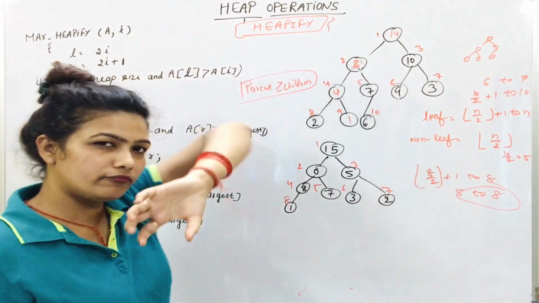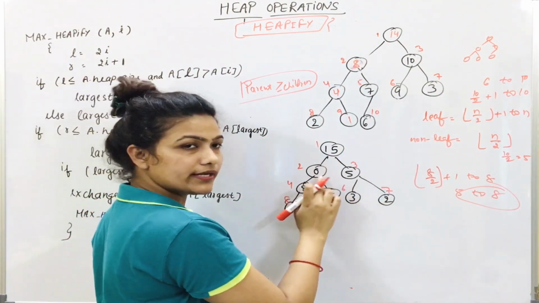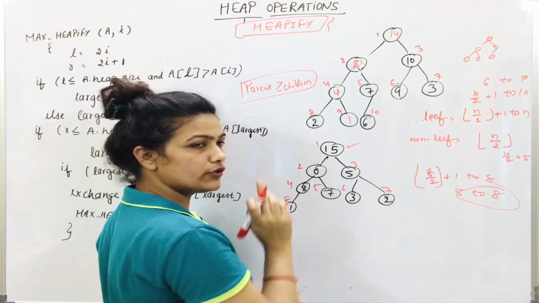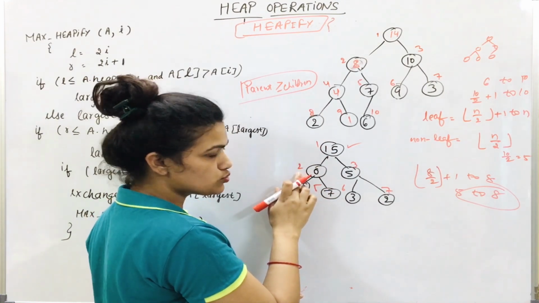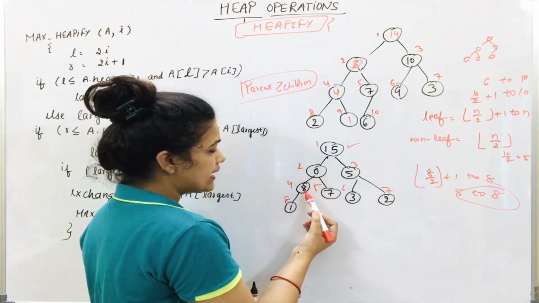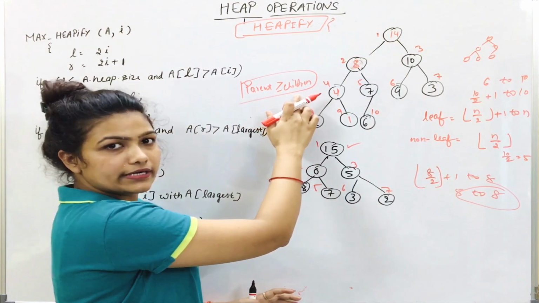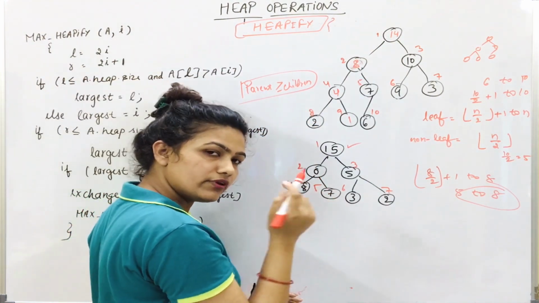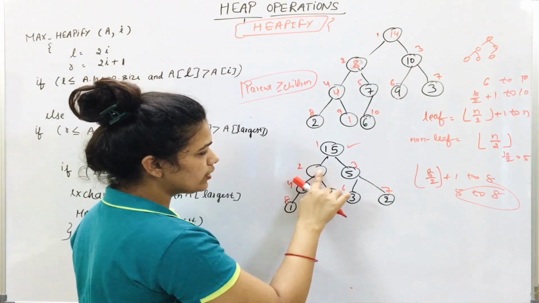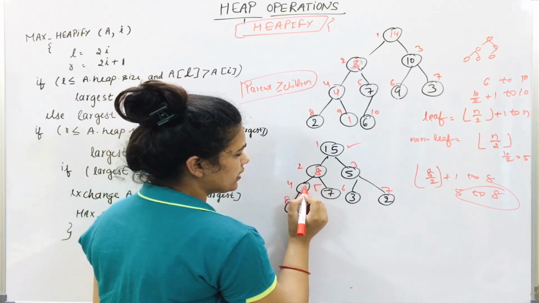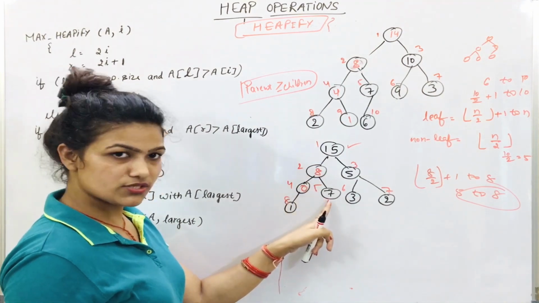And we are doing max heapify operation simply. 15 is already greater than its children. This is okay. We don't have any need to swap and all this. Now we will come to the next index position, that is 2. Here parent is 0 and children is 8 and 7. Property is not satisfying for max heap. Parent should be greater than children, but here parent is smaller than children. What we will simply do? Which one is greater between 8 and 7? 8 is greater. Simply 8 will go there and 0 will come here. Simple. Second is okay. You can see parent is greater than its children.